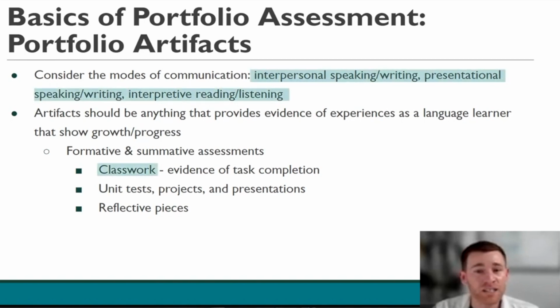task completion, engagement in regular activities from day-to-day activities in the class, unit tests, projects, and presentations that can help showcase student performance in more structured traditional assessments. Those can be included, but it's still important that those assessments capture authentic communication, not just knowledge about the target